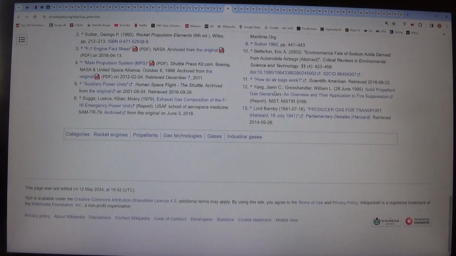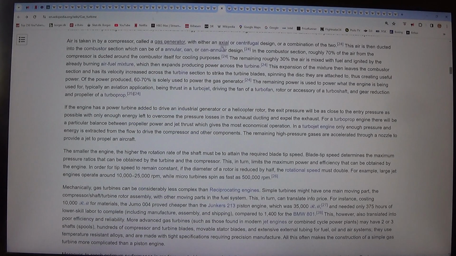This expansion of the mixture then leaves the combustor section and has its velocity increased across the turbine section to strike the turbine blades, spinning the disc they are attached to, thus creating useful power. Of the power produced, 60 to 70% is solely used to power the gas generator. The remaining power is used to power what the engine is being used for, typically an aviation application, being thrust in a turbojet, driving the fan of a turbofan, rotor or accessories of a turboshaft, and gear reduction and